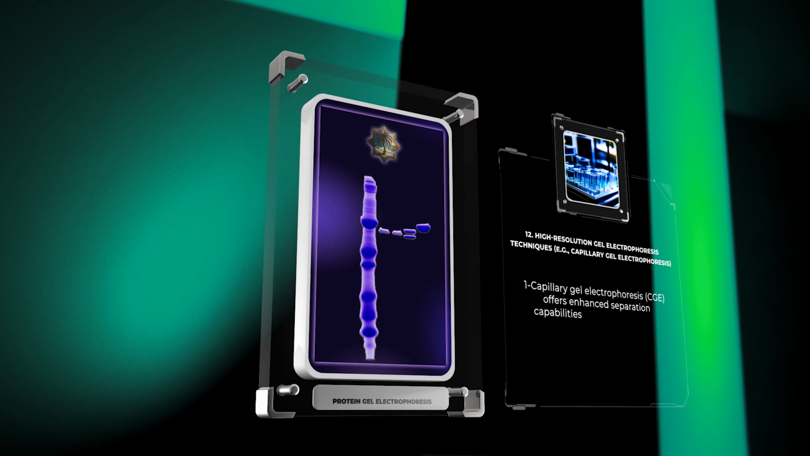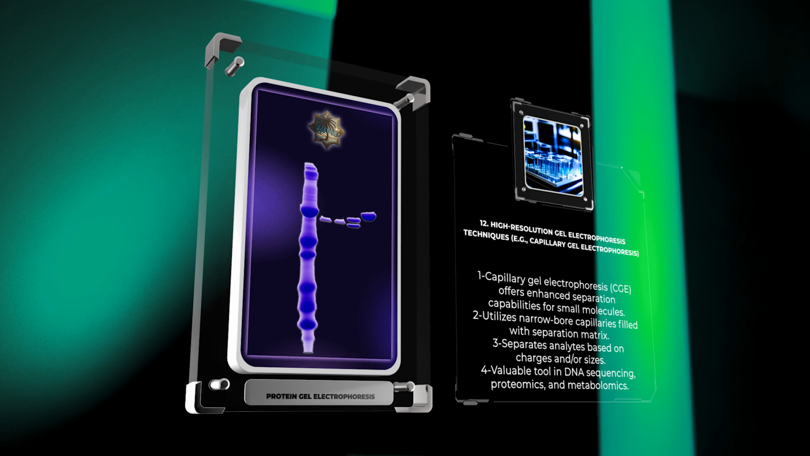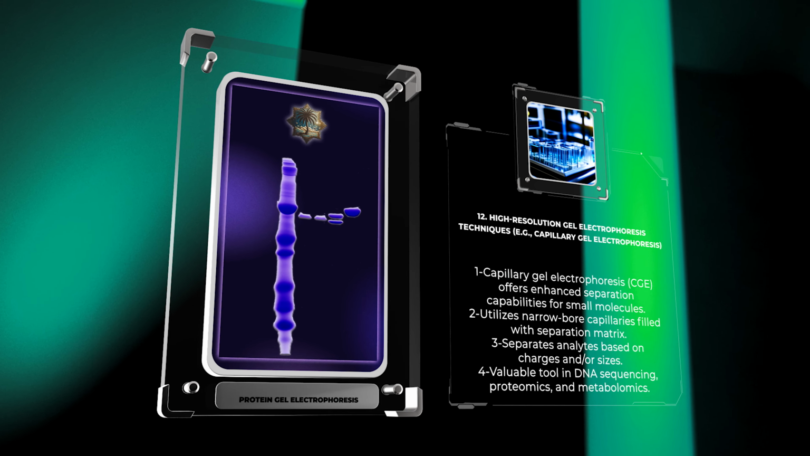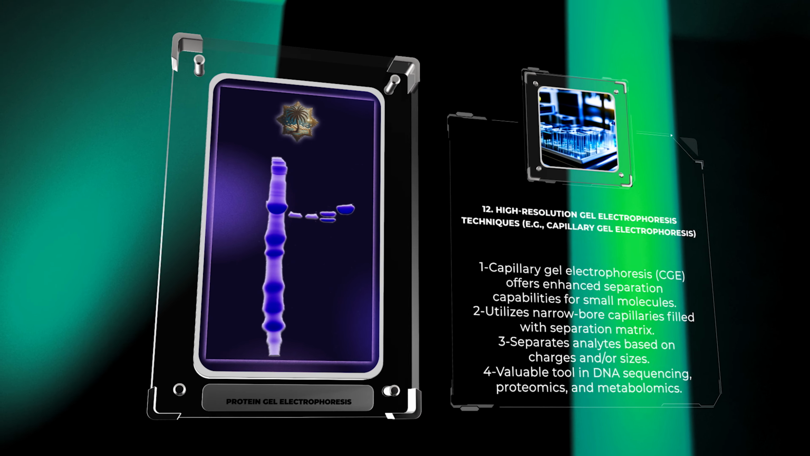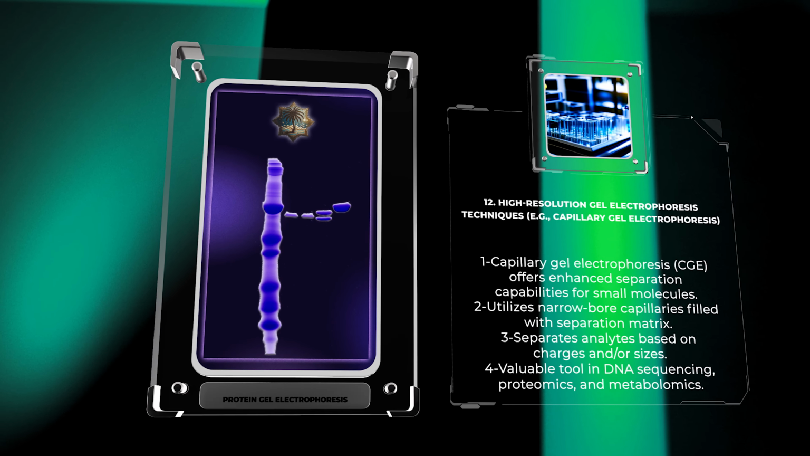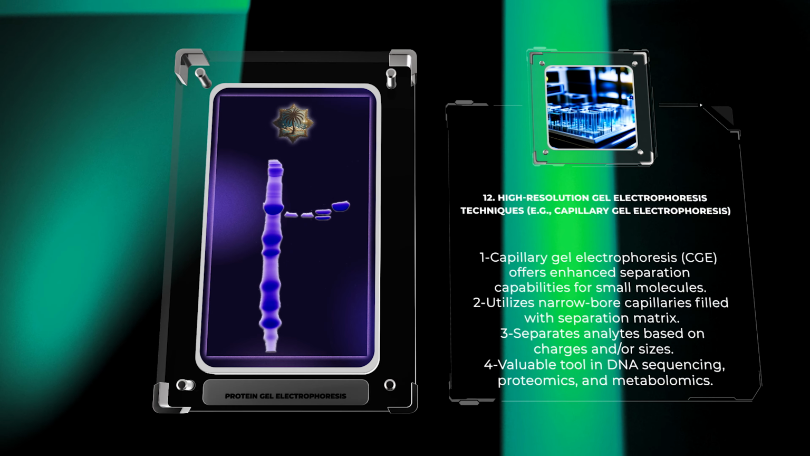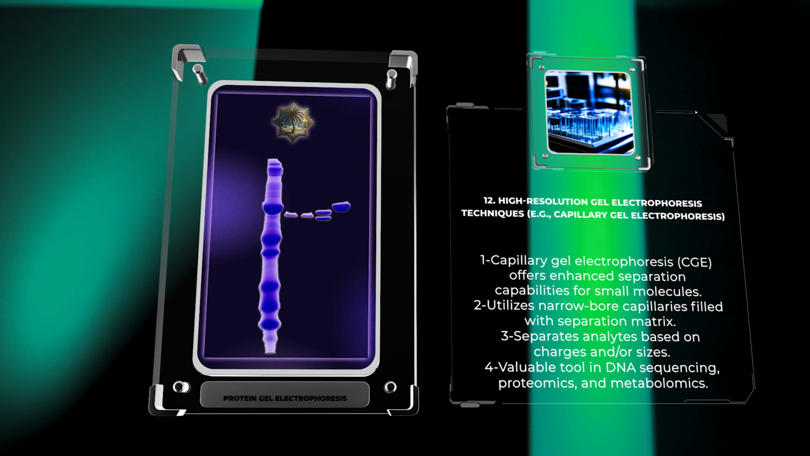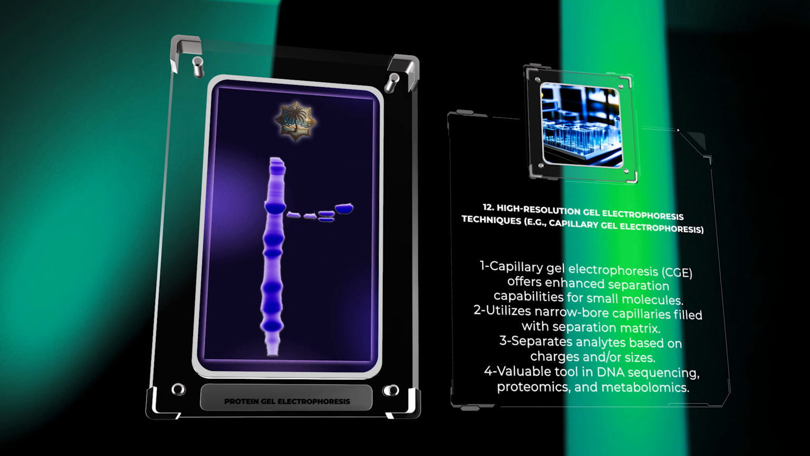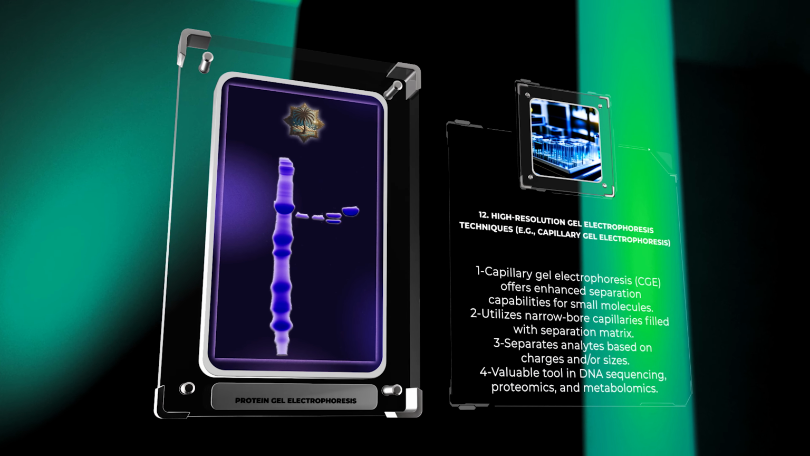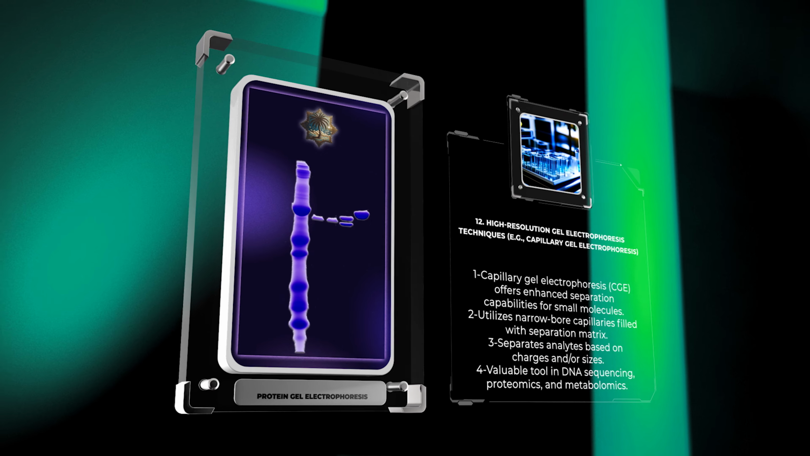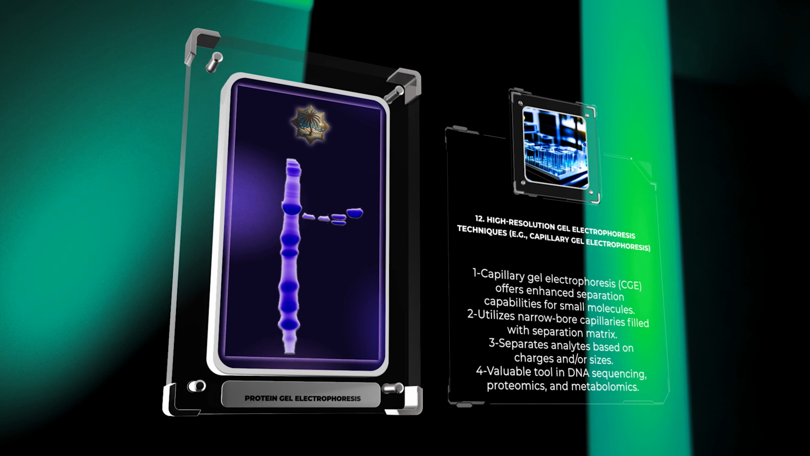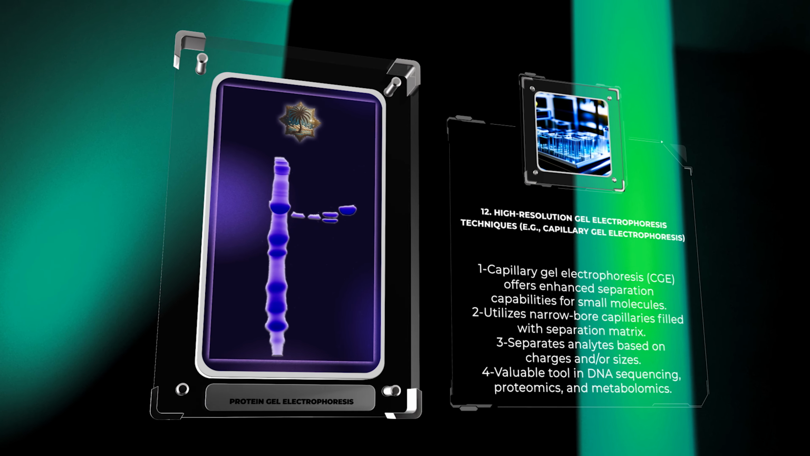High-resolution gel electrophoresis techniques, such as capillary gel electrophoresis, CGE, offer enhanced separation capabilities for smaller molecules, including nucleic acids, peptides, and small proteins. CGE utilizes narrow-bore capillaries filled with a separation matrix to separate analytes based on their charges and/or sizes. This technique provides high-resolution separation and increased sensitivity, making it a valuable tool in fields such as DNA